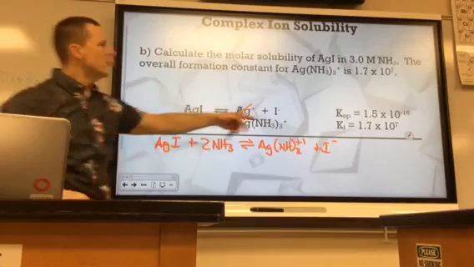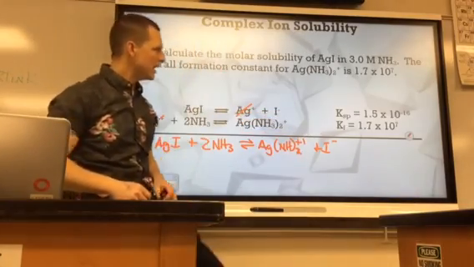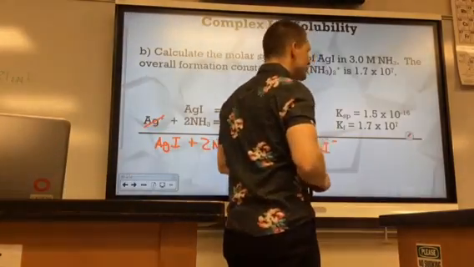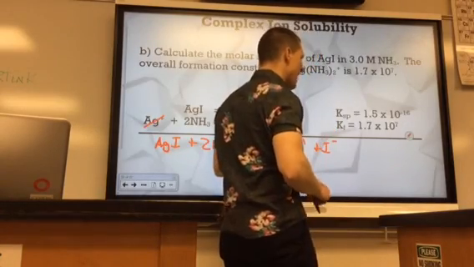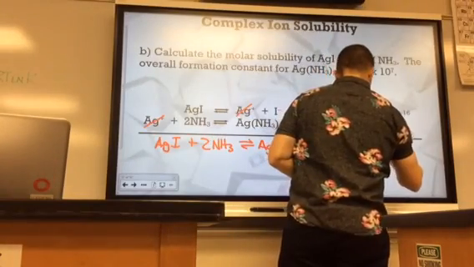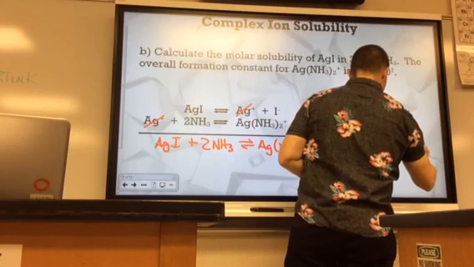Adding these 2 together, we can multiply their K values. And let's see, that would be 2.5 times 10 to the negative